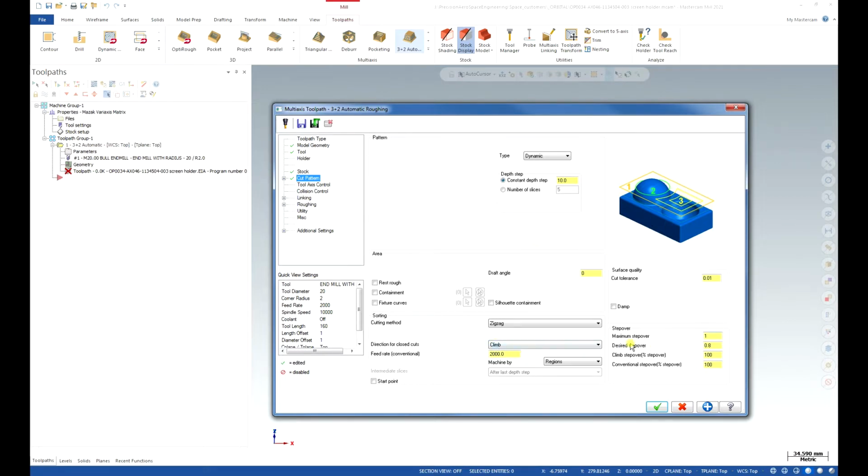Next option here is a step over. I'm going to use roughly 25% of the tool, 5 millimeters. Okay, your surface quality, so is your cut tolerance. Let's leave it as it is, as we are going to leave some stock that we set on walls and floors in model geometry. Sorry. So our depth cut is at the moment 10 millimeter constant depths and depth cuts, and we can add some